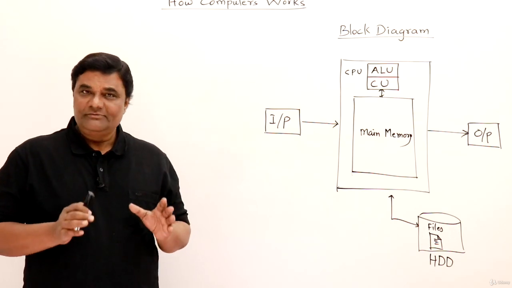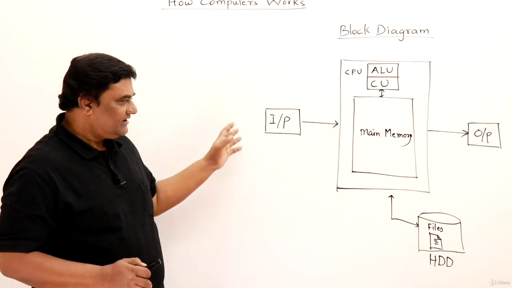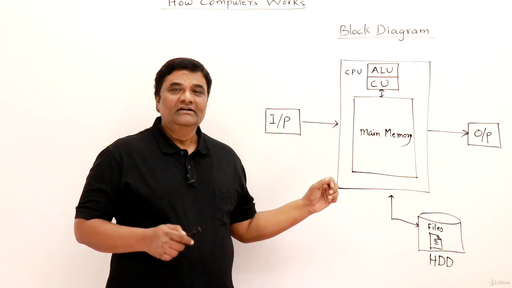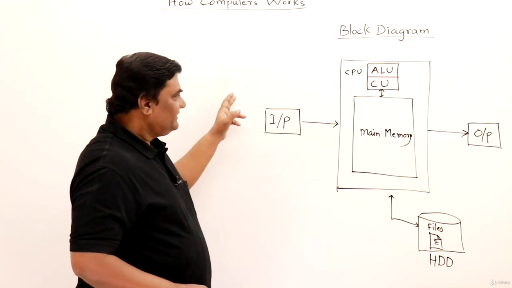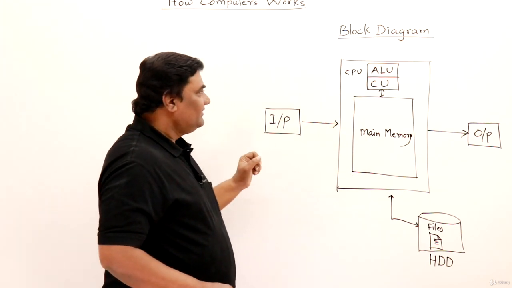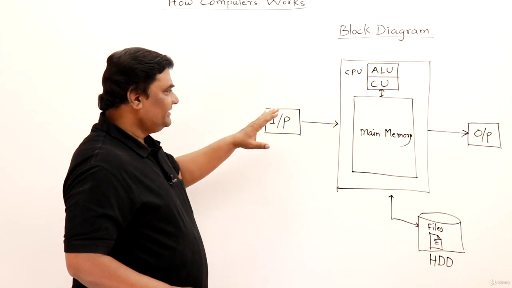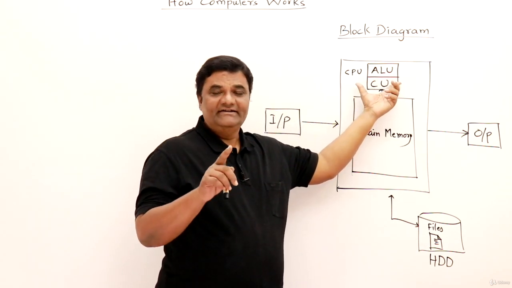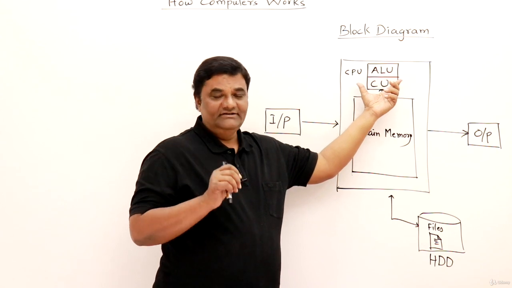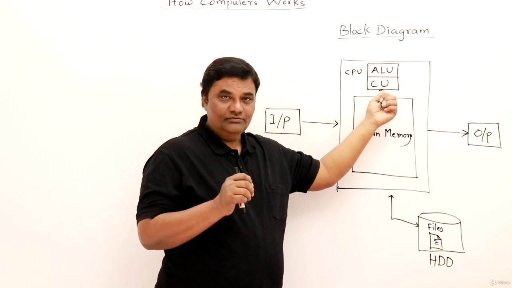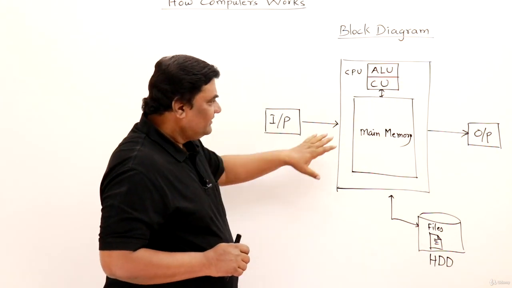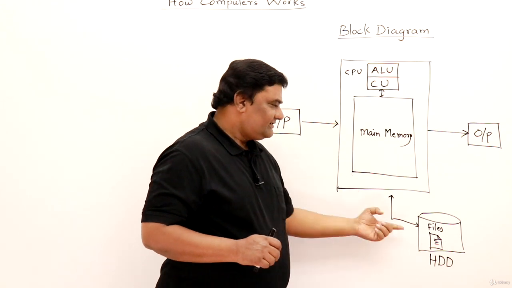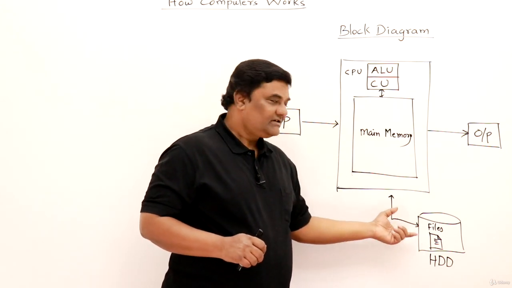For understanding how computers work, first of all, let us look at a block diagram. This is a very basic thing. Let us study it. This is a block diagram of a computer. Let us see the components first of all. This is the CPU. It has two parts, ALU, that is arithmetic and logical unit, and control unit, CU. I'll explain their working. The next is main memory, and this is the hard disk drive which contains the data